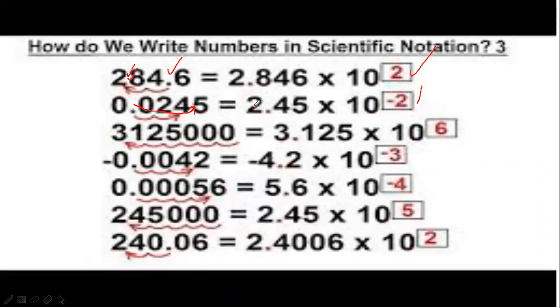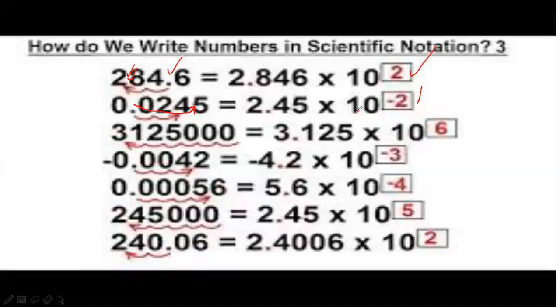there is one non-zero digit. So if before the decimal point there is one non-zero digit and you write the number in power of 10, whether its power is positive or negative, this is called scientific notation. The next number is